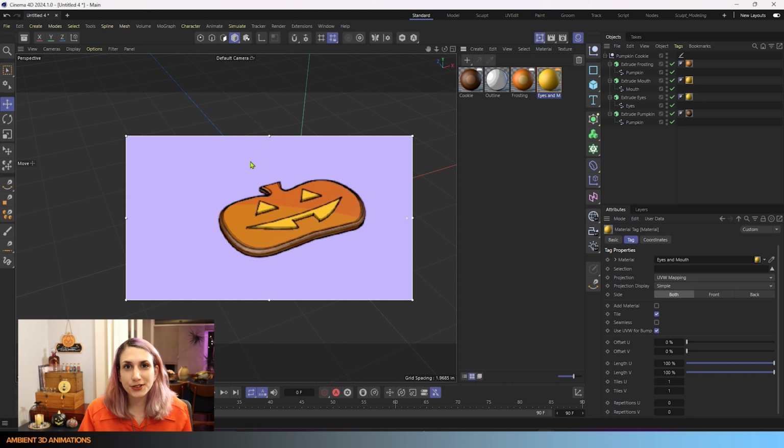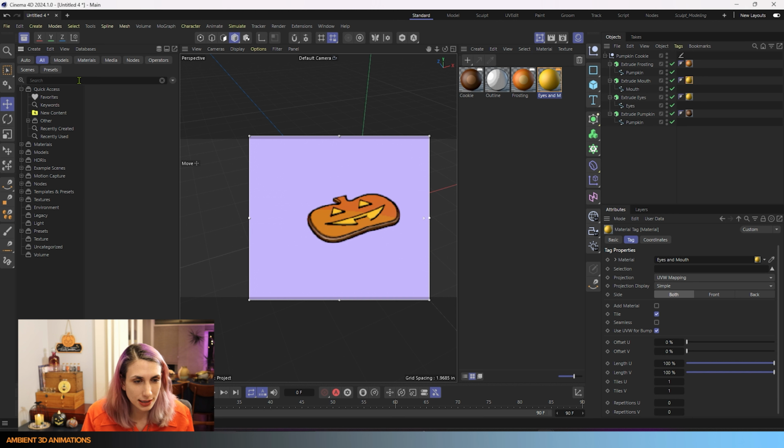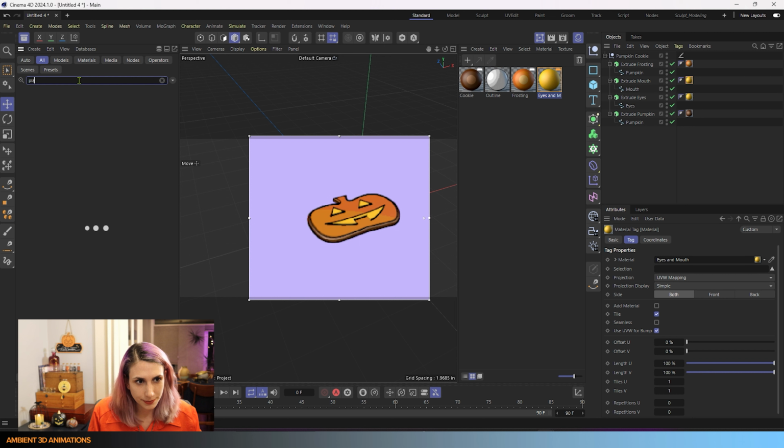Now, if you don't want to go through the whole work of modeling a plate, you don't have to, although it's pretty easy to do. If you decided you wanted to make your own custom plate, you can totally do that. But just for the purpose of this, to finish up this tutorial, we're going to go over to the asset browser and we're going to search for a plate.